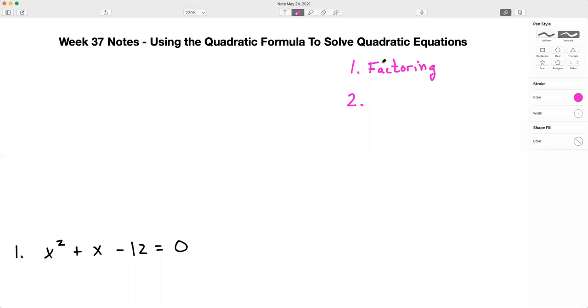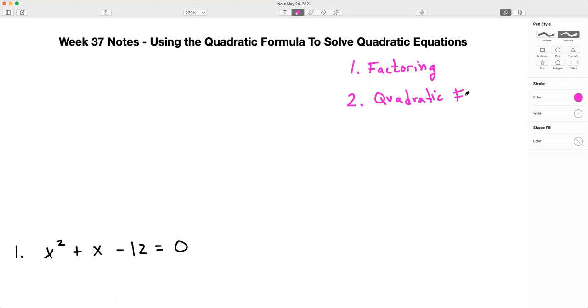Well, what if you can't factor something? What if you, let's say you get something like this and you can't factor it? Well, today I'm going to teach you a second method to solve the quadratic equation. And that method is called using the quadratic formula, okay? So this is the second method that we're going to use today,